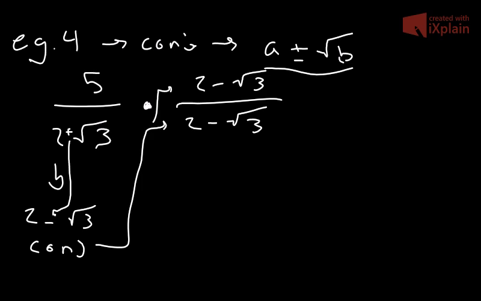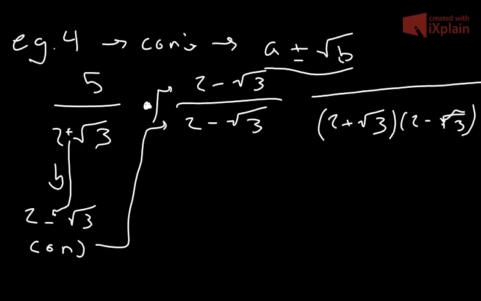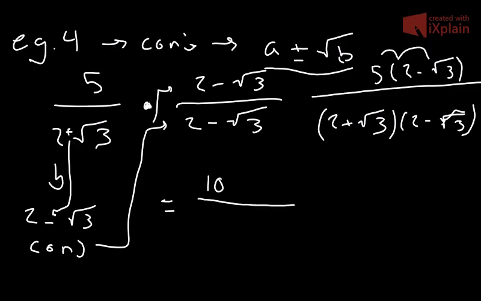So in the bottom denominator, we have 2 plus root 3. That's going to be multiplied by 2 minus root 3. Sorry, that was a bad root. In the numerator, we're going to do 5 times 2 minus root 3. Okay, next step, we expand. On the numerator, quick note here. On the numerator, we're going to have 10, because 2 times 5 is 10, minus 5 root